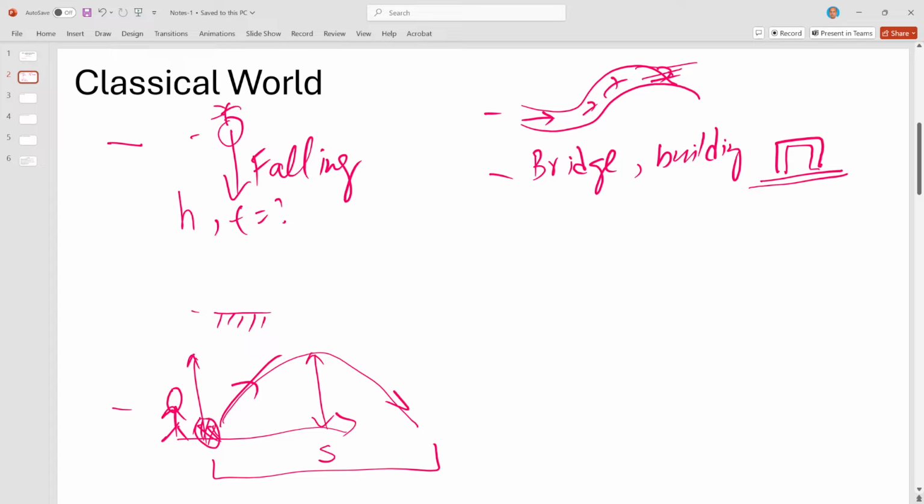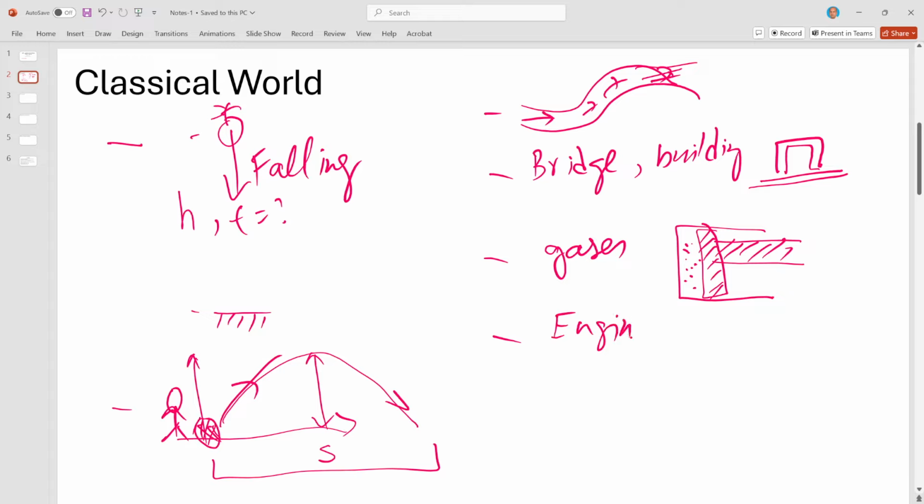And similarly, there can be other problems like how, for example, gases behave when you compress them in some cylinder. So here is some gas. Maybe we want to work out the efficiency of some engine, to construct some machinery. So, this is the classical world that we are talking about,